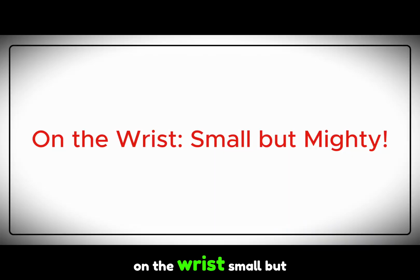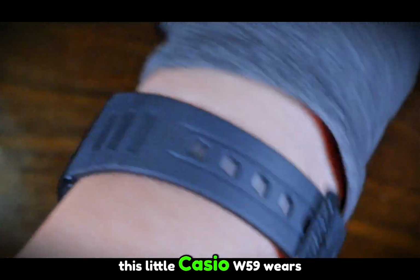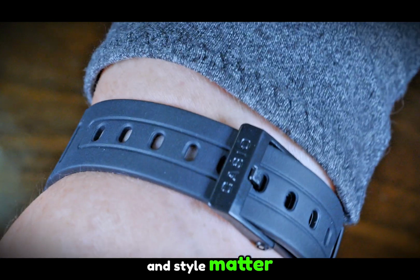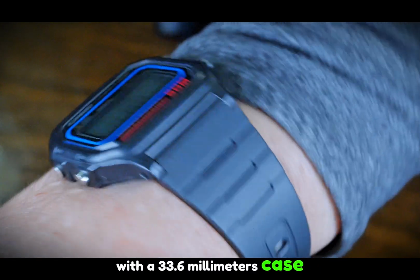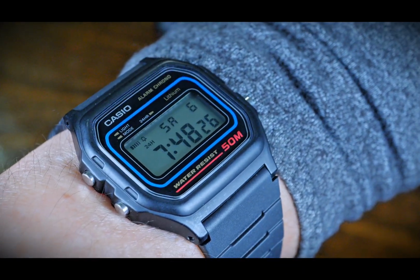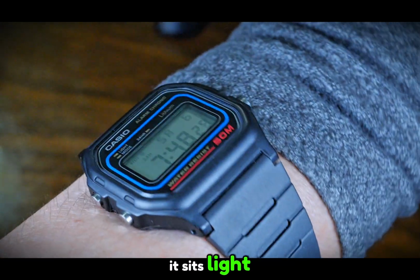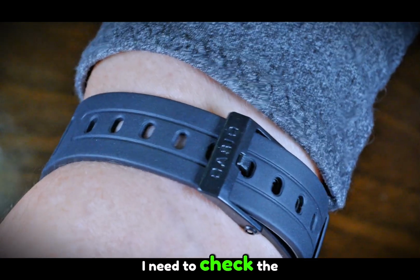On the wrist. Small but mighty. Now, let's talk about how this little Casio W-59 wears on the wrist, because comfort and style matter, even on a budget-friendly watch. With a 33.6mm case size and a 37.1mm lug-to-lug distance, this watch fits my 6.5-inch wrist like a dream. It sits light, comfortable, and barely noticeable, until, of course, I need to check the time and admire